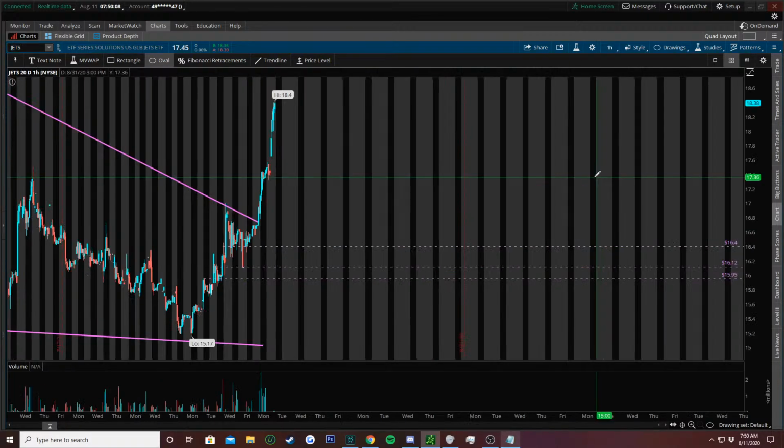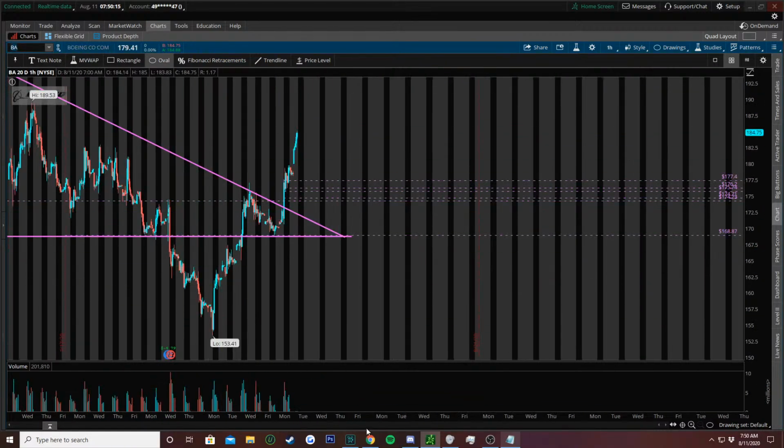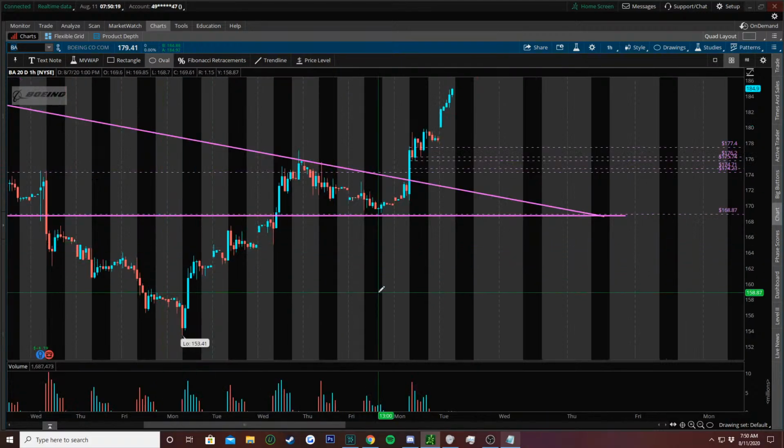Let's go to the hour. Yeah. They're flying out of these squeezes they were in. It caught support. You might see a continued run from highs,